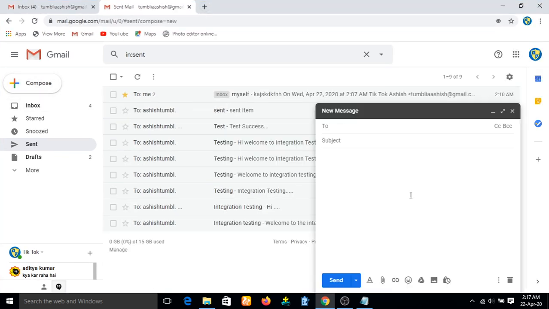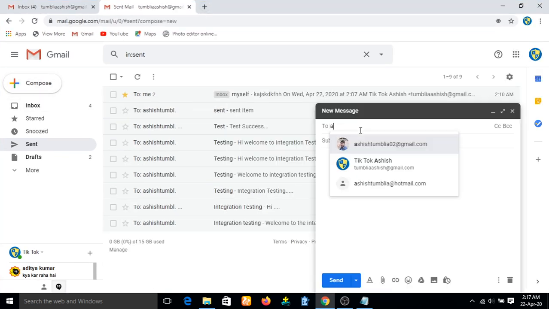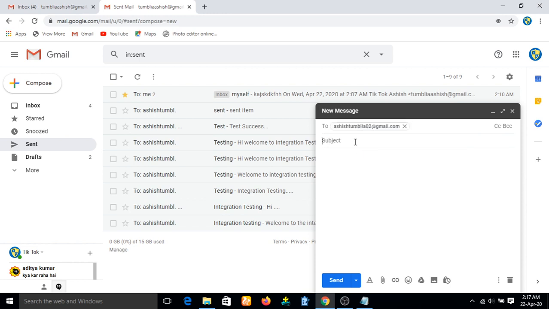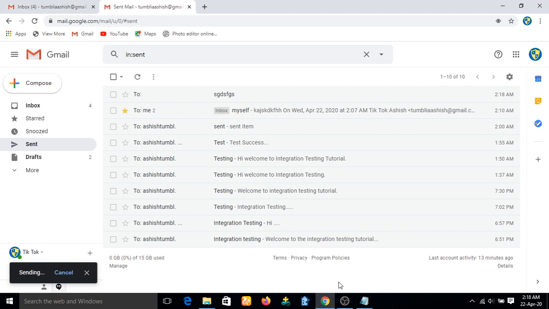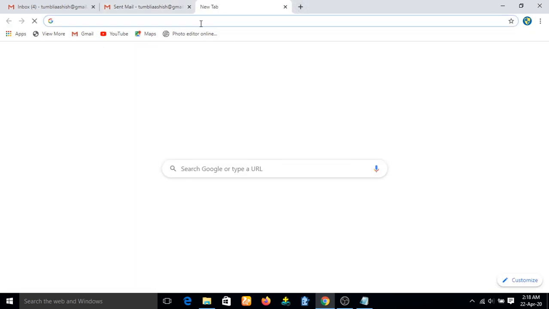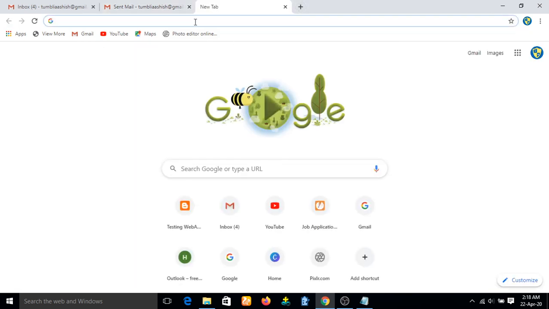Let me do that. I'm sending this to this person, I'm writing something. Click on send. Okay, now the message is sent. So let me go to the other Hotmail account, okay?